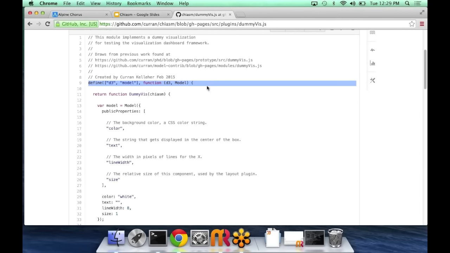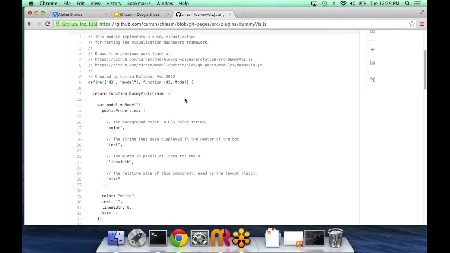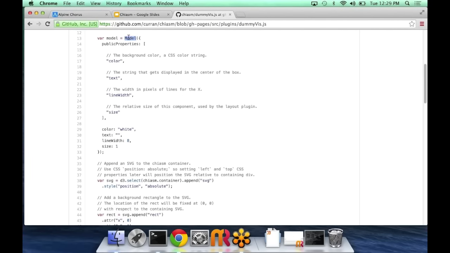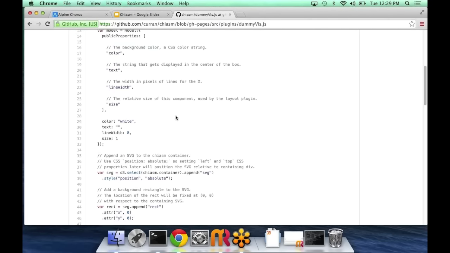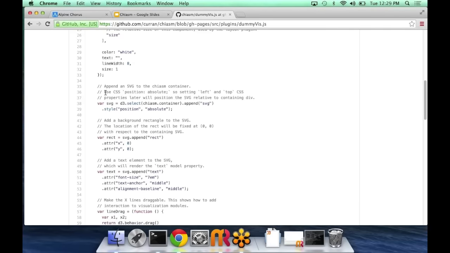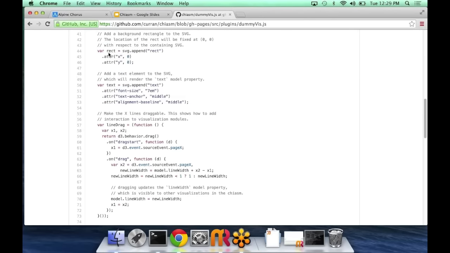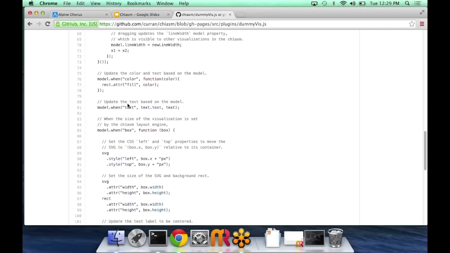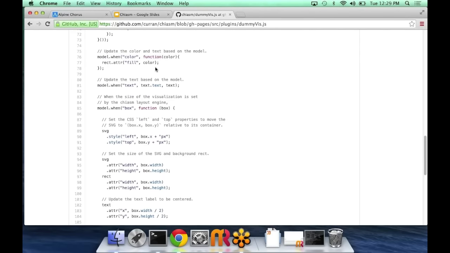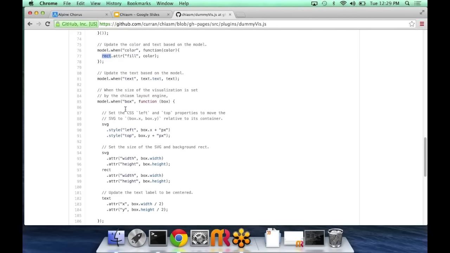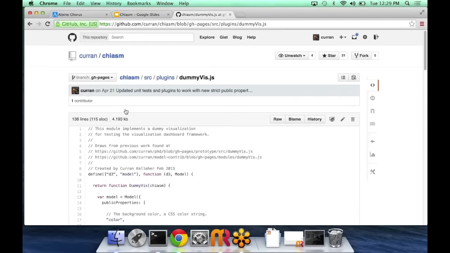This define is AMD syntax. It says I'm defining a module that depends on D3 and model.js. And then I'm creating a model that has these public properties that can be changed in the configuration. And then here it's just building up the DOM, the document object model structure based on the configuration. And model.when responds to changes in the configuration. So like when the color changes, update the fill attribute on the rectangle. So this is sort of an overview of how the plugins work. But